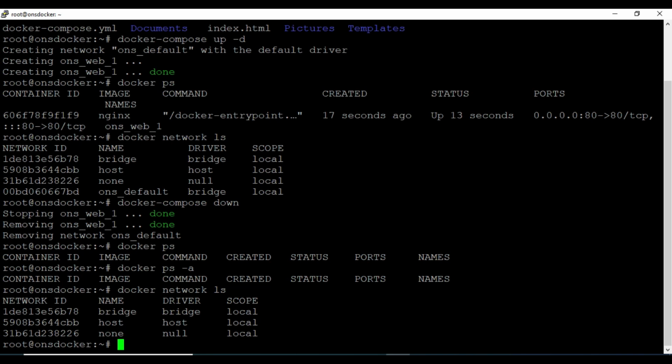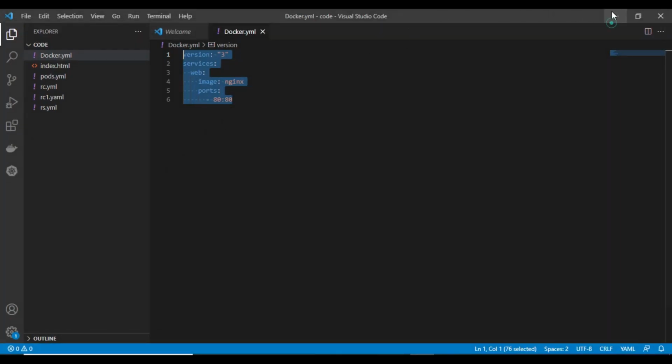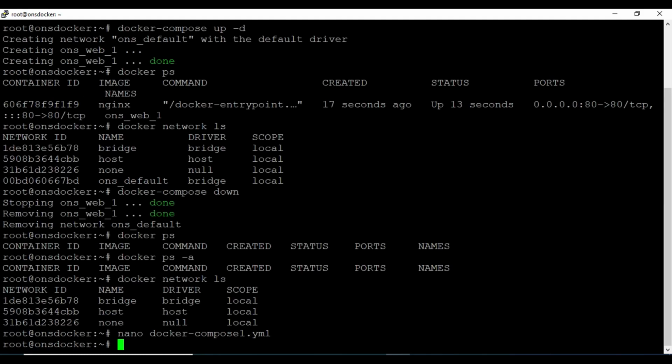Okay. And if you use any other file name as I have shown you earlier, it is very easy. You have to type nano docker-compose1.yml, and paste the same content here, then Ctrl+X, Y and save, and you have to run this file.